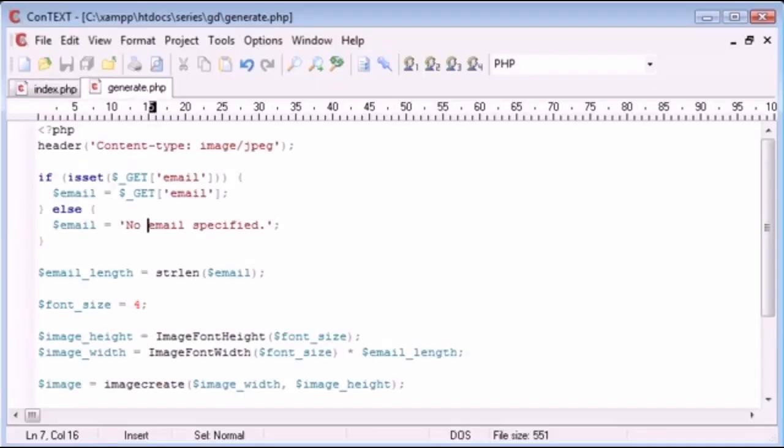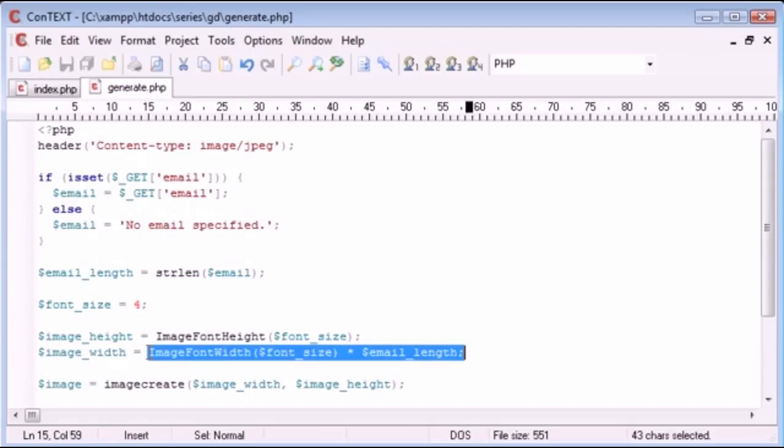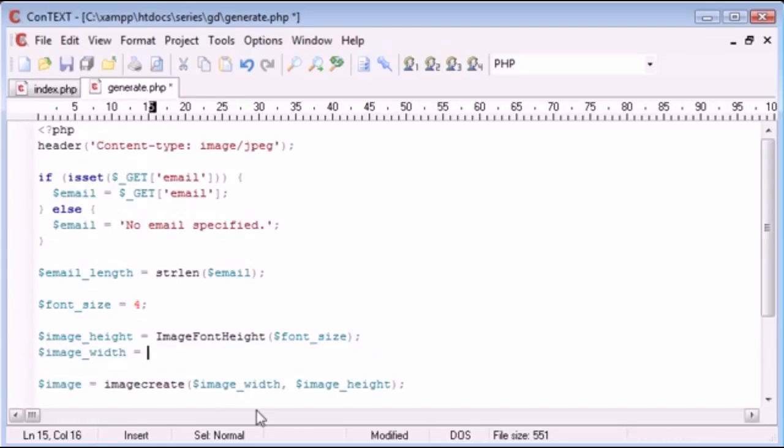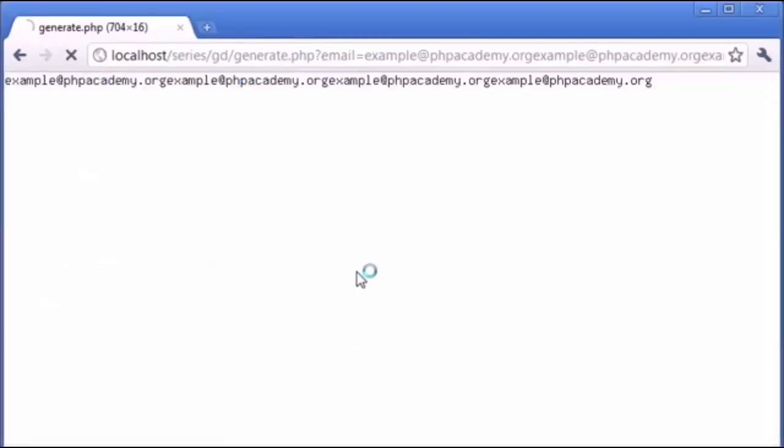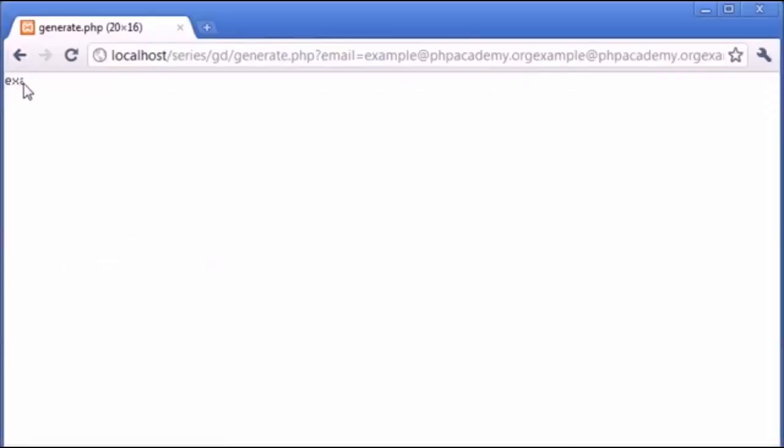Now let's say we were to just specify a width for ourselves. I'm going to cut this so I can use it again later. Let's say a 20, for example. Now let's go into our generate file, and you can see that it's only just giving us a bit of this